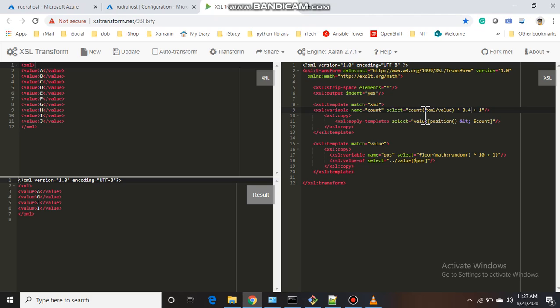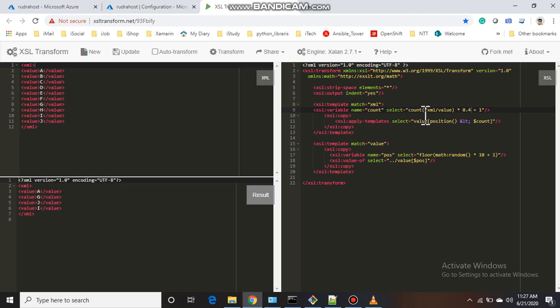Okay, so this is all about one simple XSLT, and you can do it in XSLT 2.0 also, but without the math random function from EXSLT, it might be difficult to get those random values. It is possible, but the EXSLT math functions make it easier. But for that, your XSLT processor should have access to the EXSLT library, otherwise it won't work.